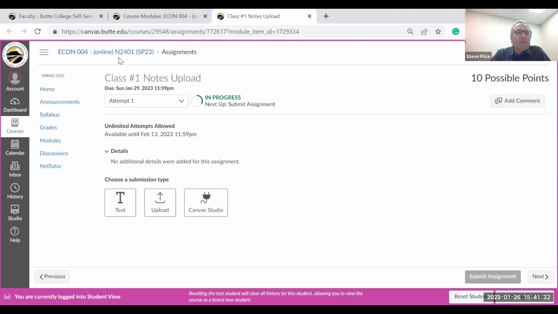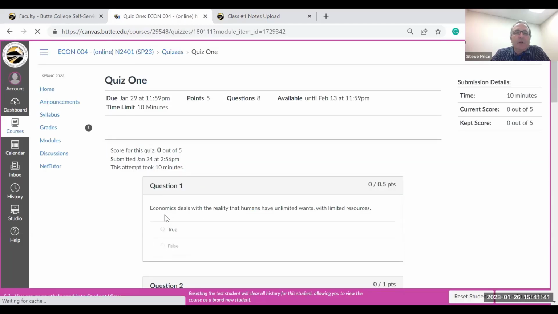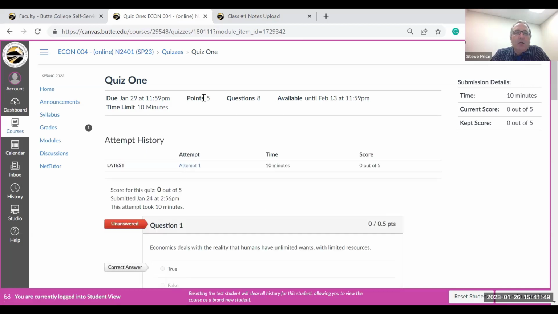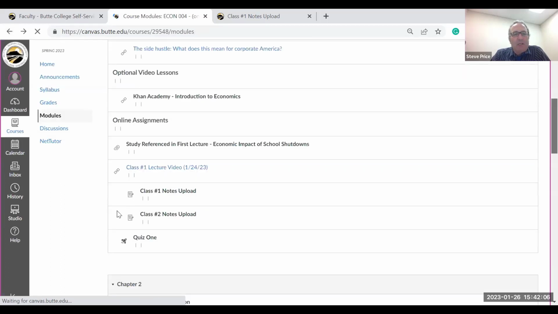Now the quiz, similarly, click on quiz number 1 here. There you're getting one question as a gimme, but it comes from a large database, so not all of you are going to get that question there. Note that you're going to have 1 attempt, and it's worth 5 points with 8 questions, and you get 10 minutes. Make sure to do all 3 of those assignments by midnight on Sunday,